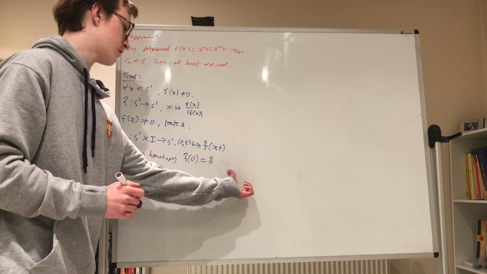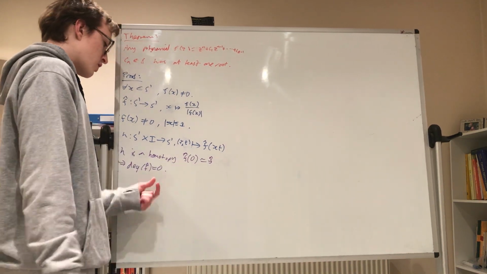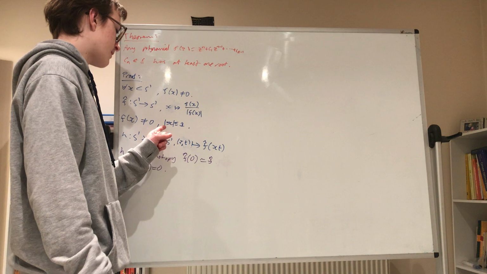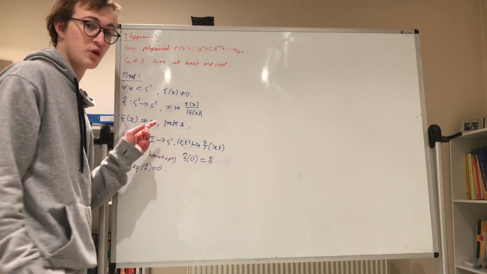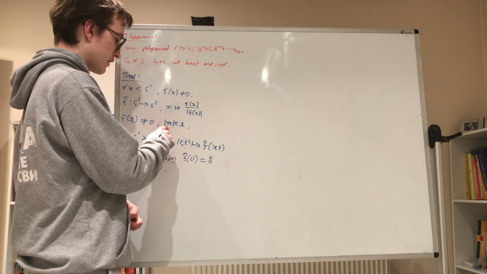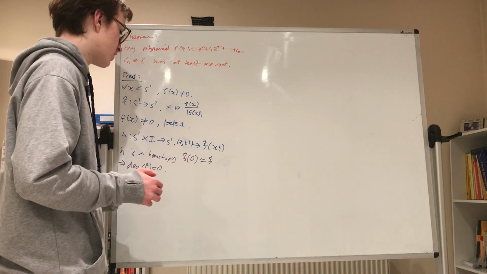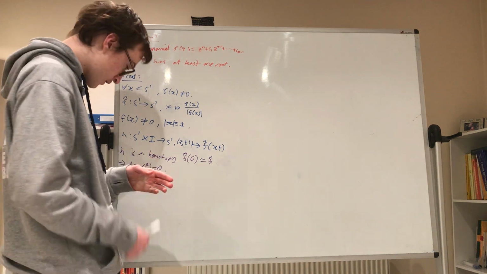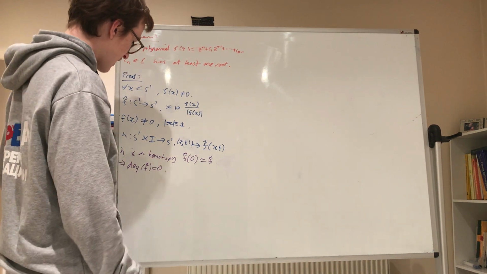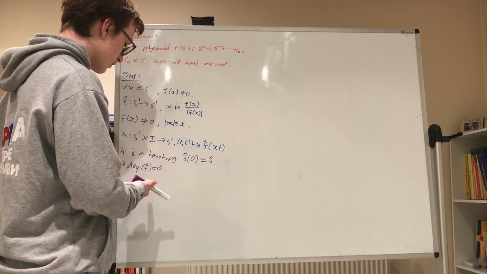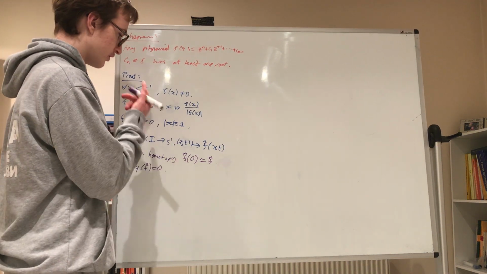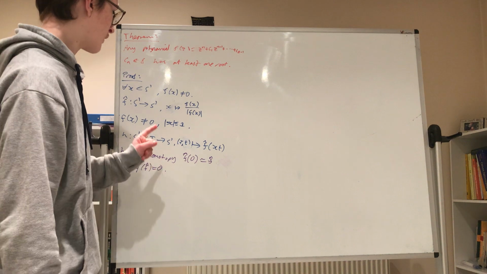Now, so we've shown that if we assume that the polynomial has no roots for any magnitude of x less than or equal to 1, we've shown that the degree of this map is equal to 0. Now, what we're going to do,